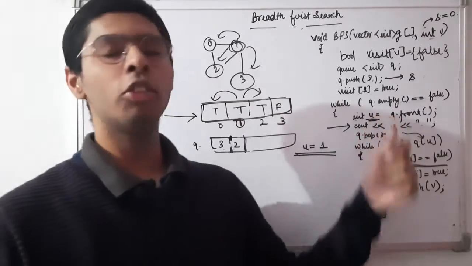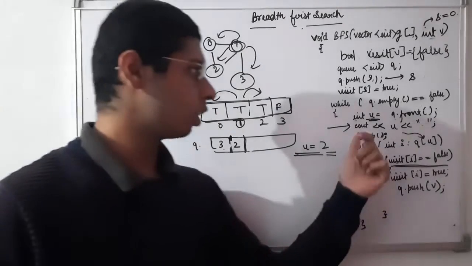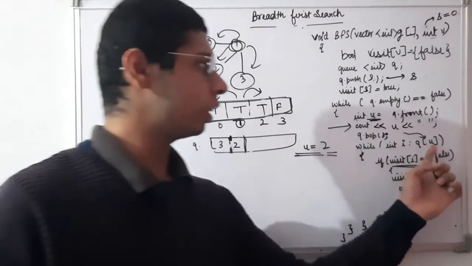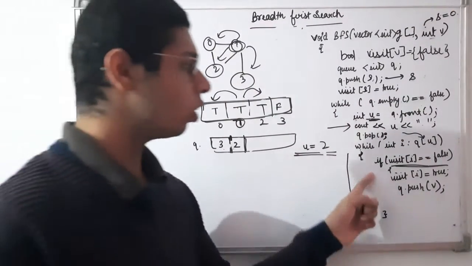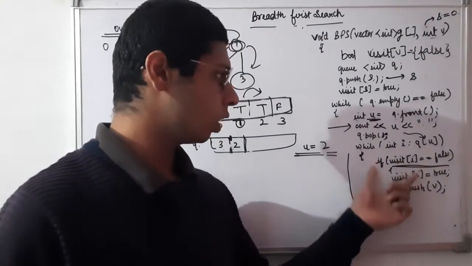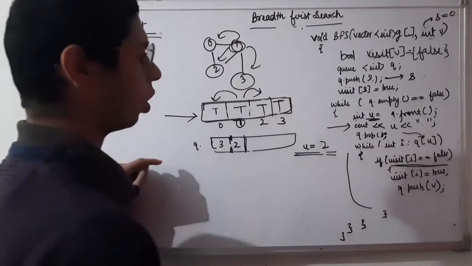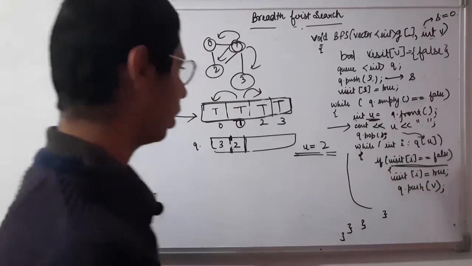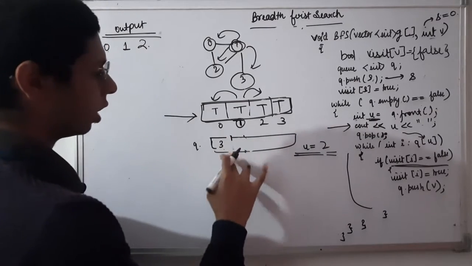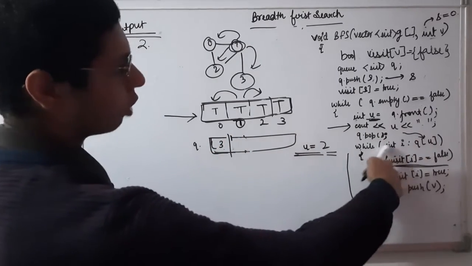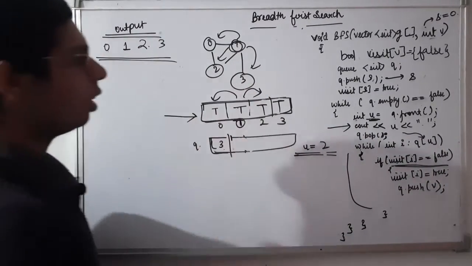Again, now our value of u becomes 2. We will print 2 here. After that we have to pop 2 and call the adjacents of 2. In any case it will not go into this loop, because all the elements of this array are true now, so it will pass out. Then our queue's value is only 3, and now it will run for 3 and again not go into this case, and our output is printed: 0, 1, 2, 3. So this is the breadth first search.